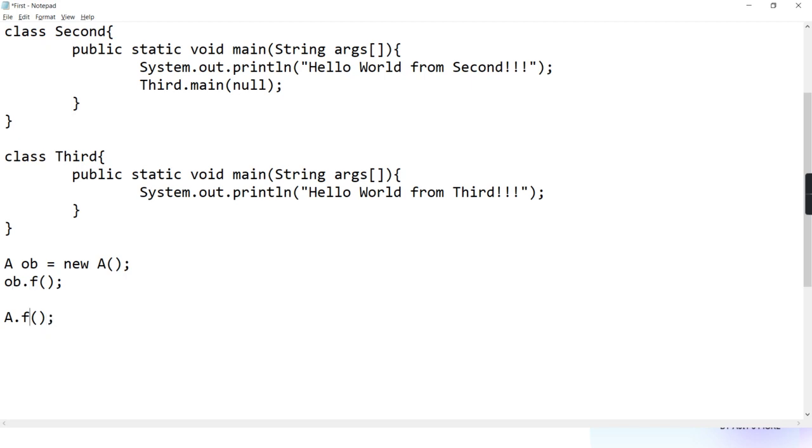Whereas here, tell me, I have written A dot g directly. So is g instance or static? Static. Why? Because it is invoked directly in whose context? Class name context. To invoke it, have we created an object? No. Directly you are calling in context of a class name. Then this is static and this is instance.